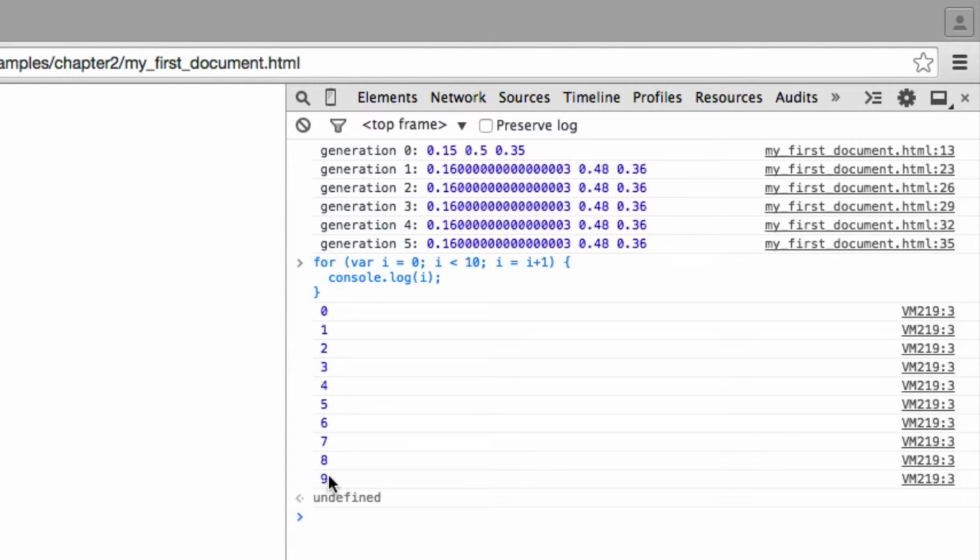And then finally, after this line was executed with the value 9, I was incremented again by 1, which now means that I is 10. So the next time we go into the loop and we check this condition, well, now this condition is not true anymore because 10 is not smaller than 10. And so that's when the loop stops. And ignore this undefined here. Basically, whenever you print something in the console, most of the time it just says undefined at the end. That's nothing to worry about at the moment.